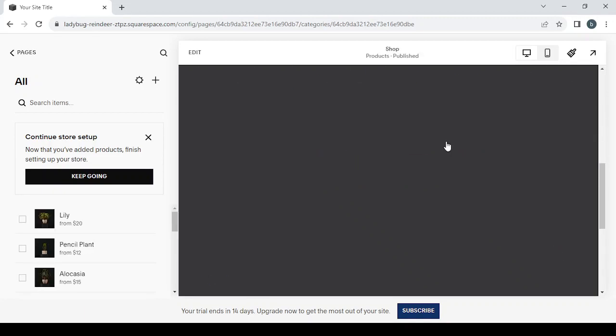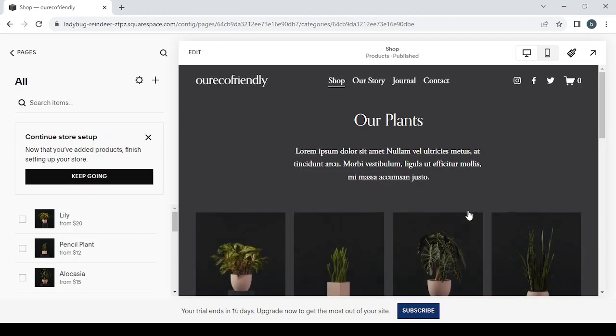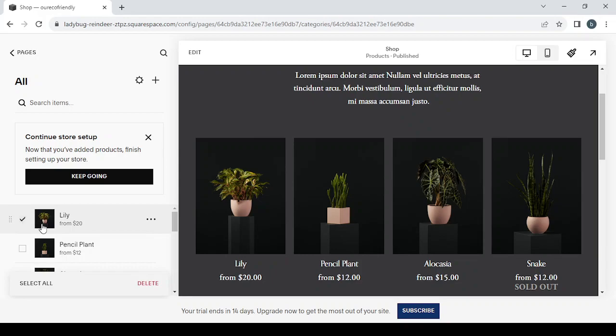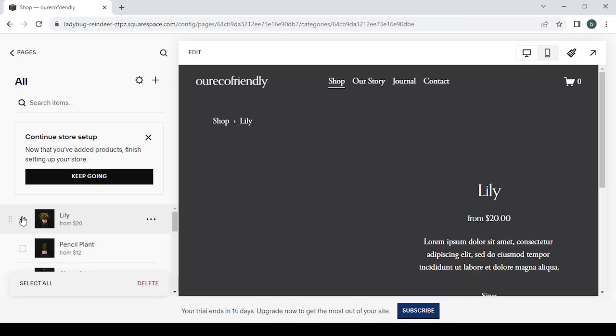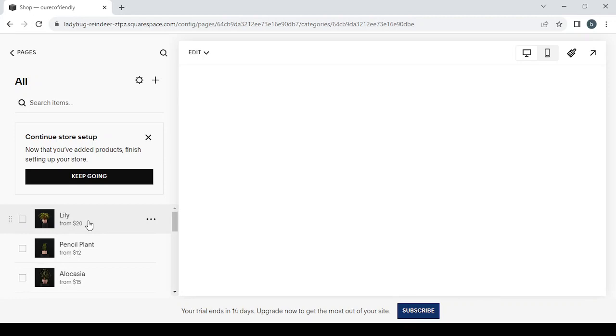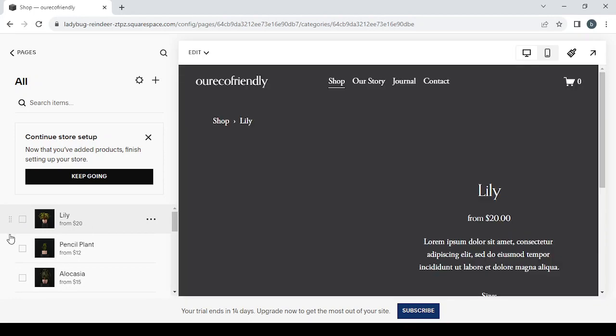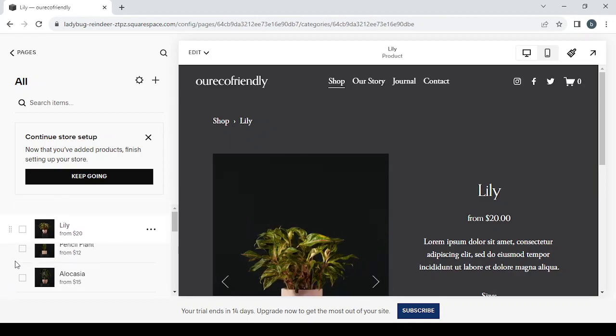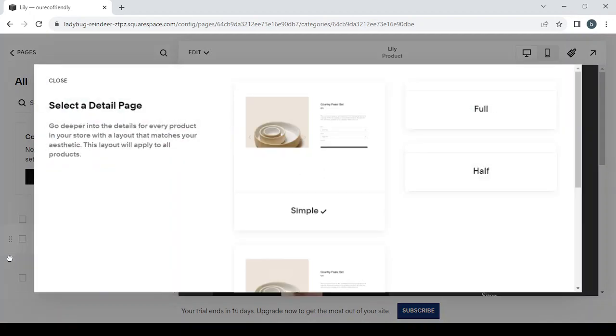You can change this description, you can change the products. If you want to delete a product, or if you want to change the placing of the product, you want it in the bottom, or